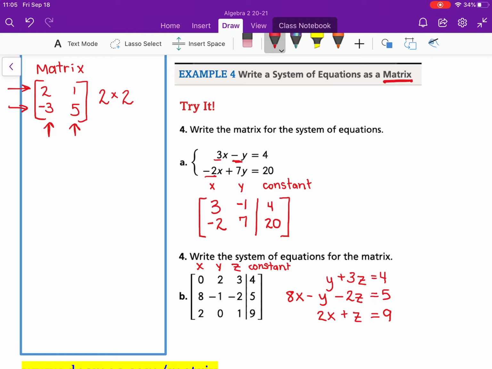So again, we will be using this information in our next example, but first to see if you can figure out what it's like to write a matrix for the system and by